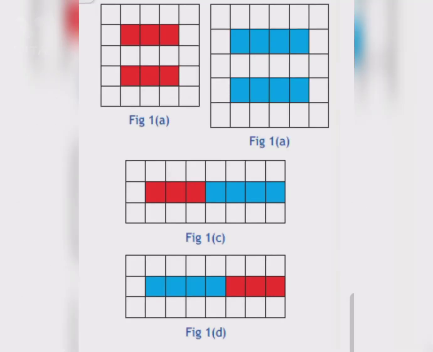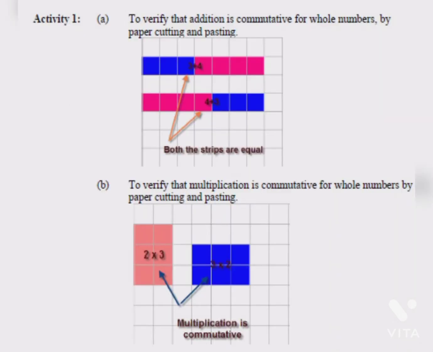Here it is represented how you add 3 plus 4 and 4 plus 3 by different strips, and the result will be same as it is mentioned here, or the process is on your screen. Upper part we have already discussed, and let's start with the multiplication part. Here we take 2 by 3 or 3 by 2 strips, and again you will find that the strips' area is same, or you can say that both are following the commutative property also.